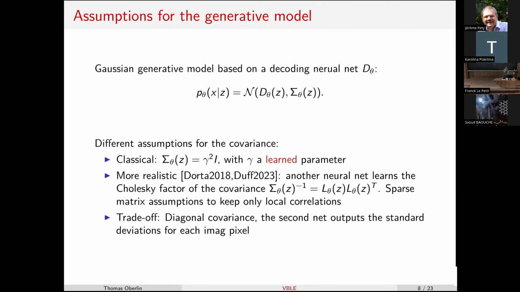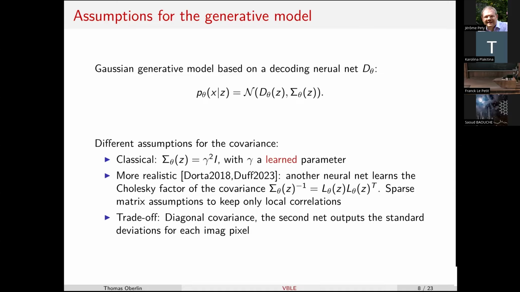But there are several assumptions that can be made on the decoder, and more particularly on its covariance matrix. Most works assume that the decoder just outputs a mean, D theta of Z. So this is the mean image, but since the decoder is a generative model, it's probabilistic, and there is also a covariance.